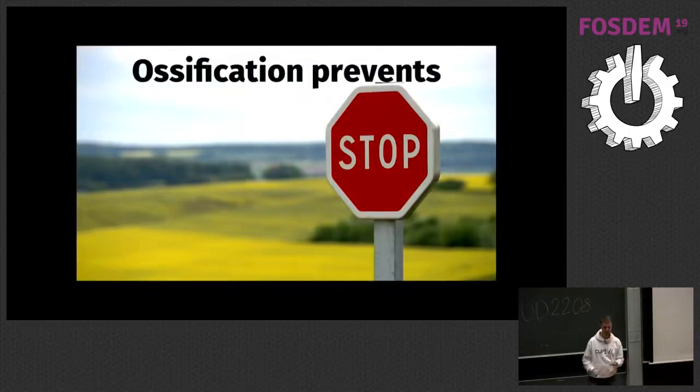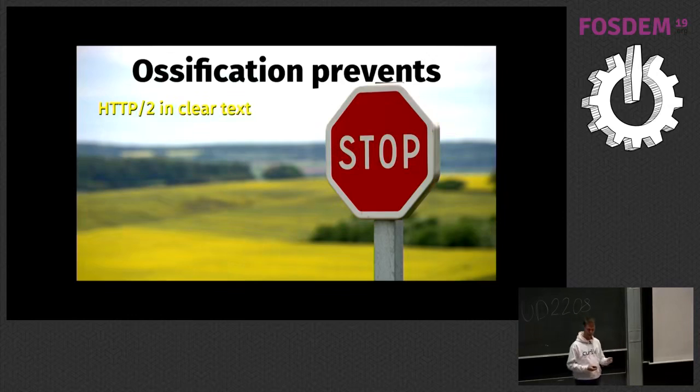So, due to this ossification that exists today, we never see HTTP2 done in clear text, for example. We need to do it with HTTPS, and part of the reason for that is that changing HTTP, we speak a new protocol over TCP port 80. That will break, because a lot of boxes, they know that TCP port 80, that is HTTP 1.1, and we know HTTP 1.1, right? We can improve the traffic and fiddle a little bit with headers and stuff. So if we change the protocols dramatically, a lot of these boxes will just damage the traffic, which really makes it hard to do HTTP2 in clear text over the internet, for example.